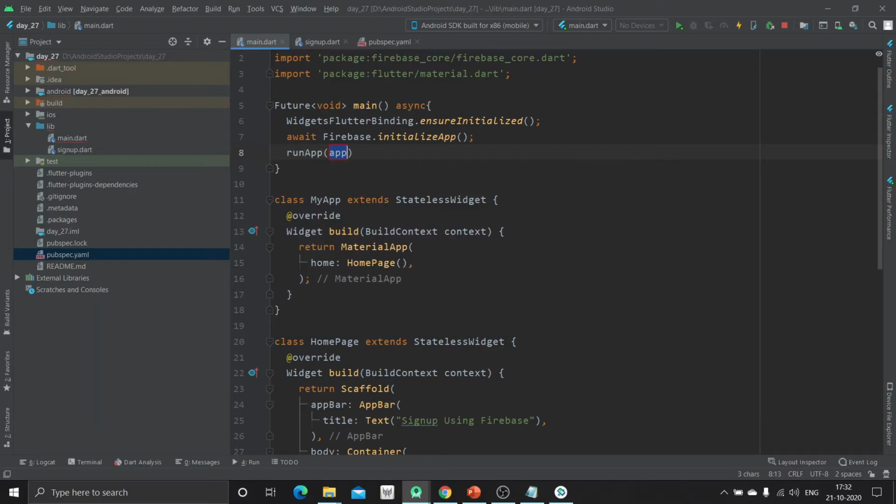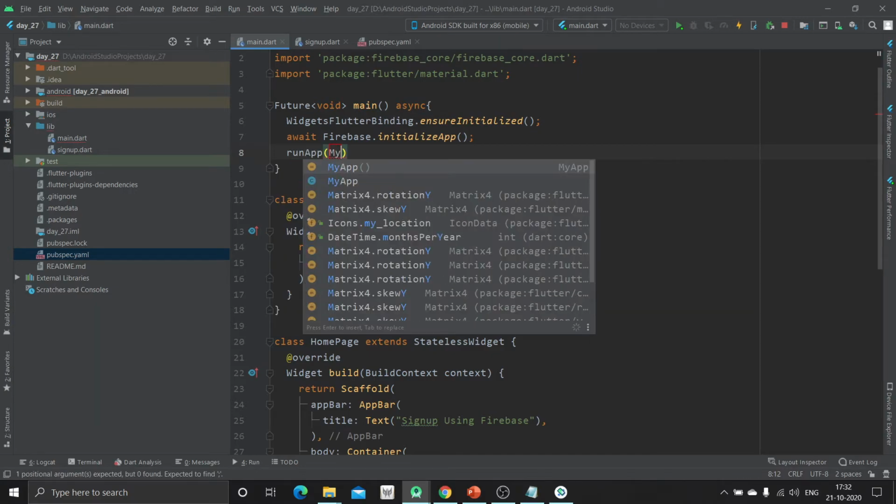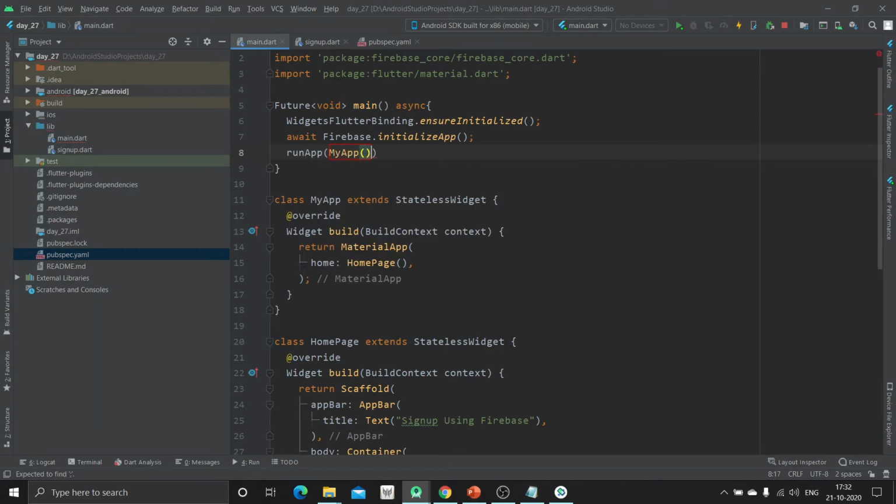After that we have to run the app. These methods were not necessary in the earlier version of Firebase authentication, but after the update of the package, these are the required methods.